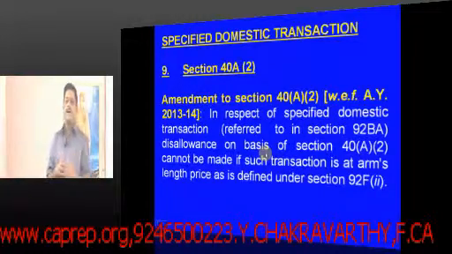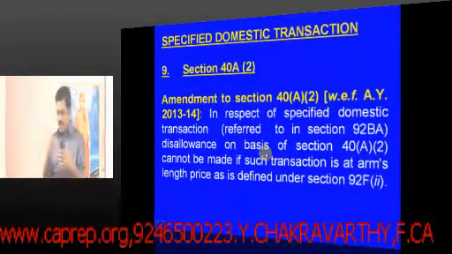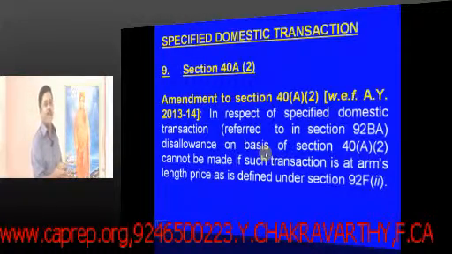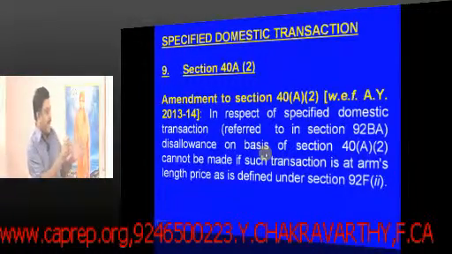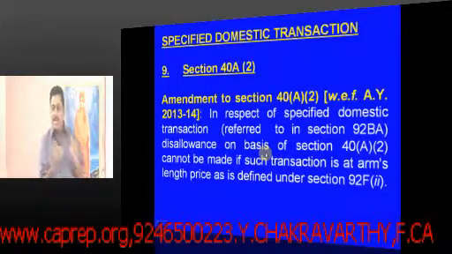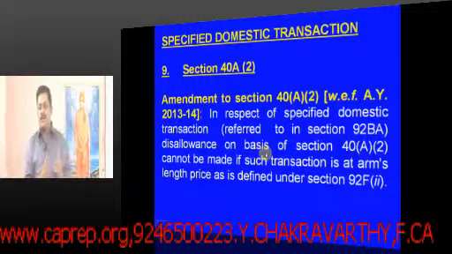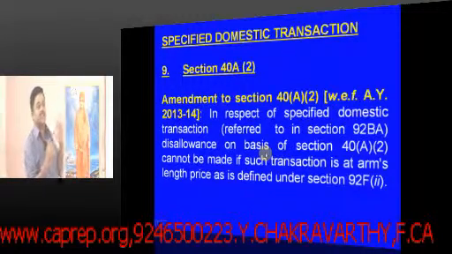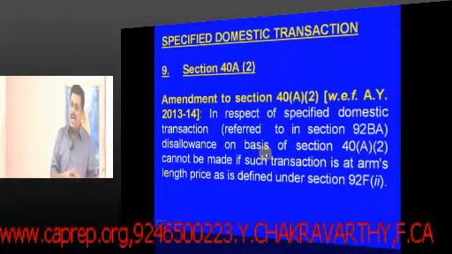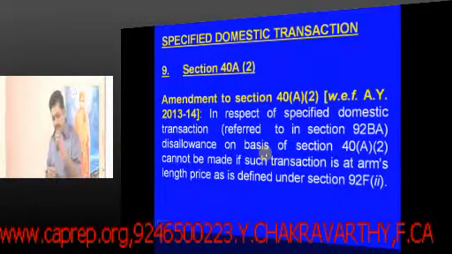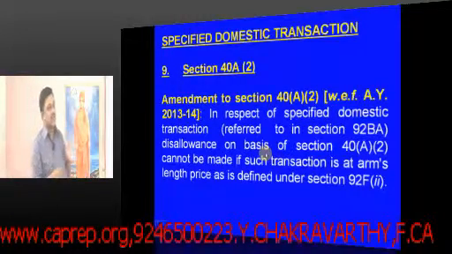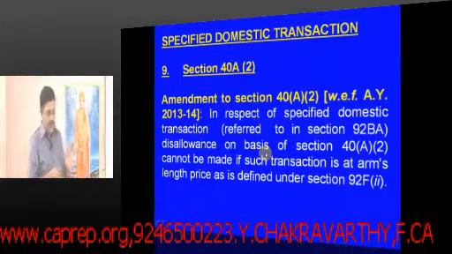earlier they thought that such a regulation is required more in international transactions. The possibility of shifting Indian profit to a foreign country, thereby avoiding tax in India, is greater. So they brought strict provisions with respect to international transactions. Of course, in India, with respect to domestic transactions also, we have section 40A(2) which